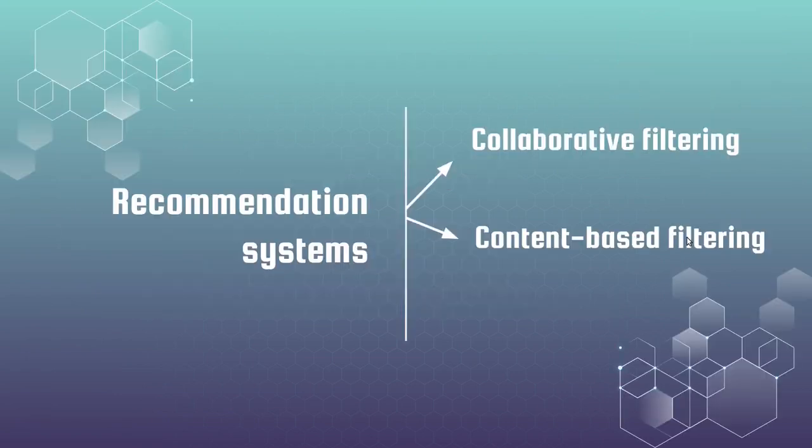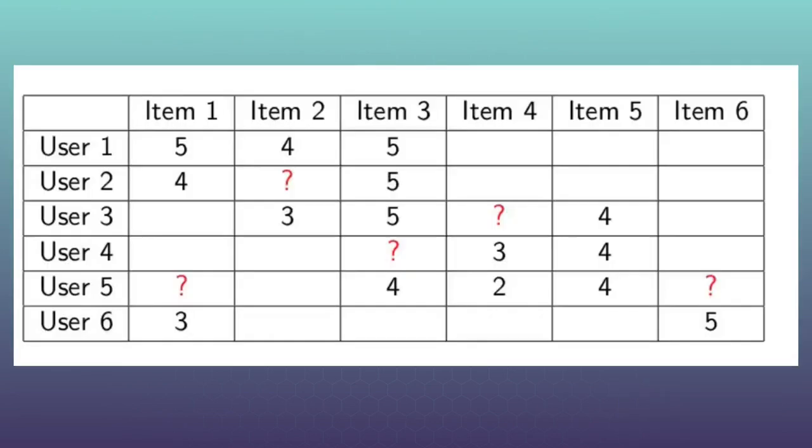Generally, all recommendation systems can be divided into two big groups: collaborative filtering and content-based filtering. While searching for information about recommendation systems, you will probably meet a rather popular table example with users and movie items. Let's use it also, why not? And let's fix our conversation to that users and movies example. So here you can see users that put some marks to some films, but not for all.